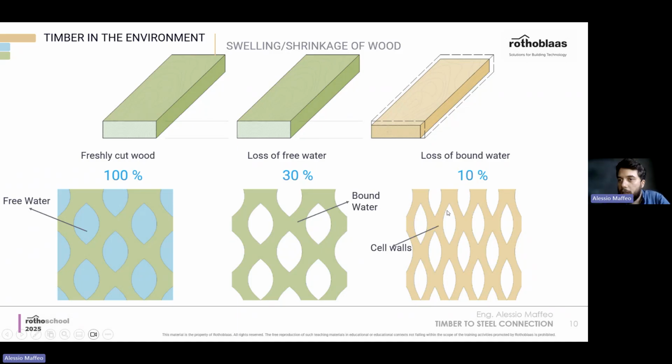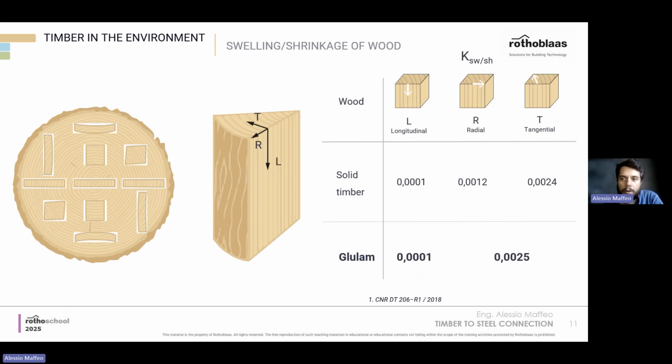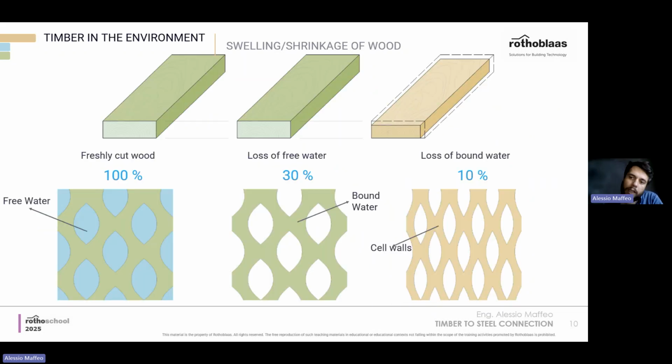10% of moisture, as you maybe already know, is more or less the moisture that we want to have when the timber is delivered on site. Usually, a supplier can deliver at 12% moisture content to site. We never want to accept a timber that is above 12% at the delivery.